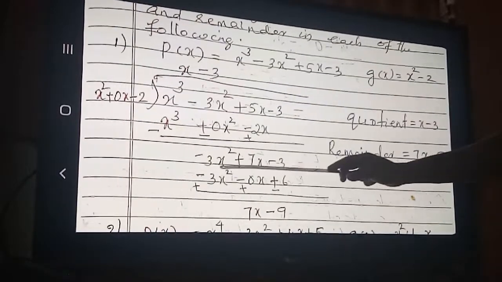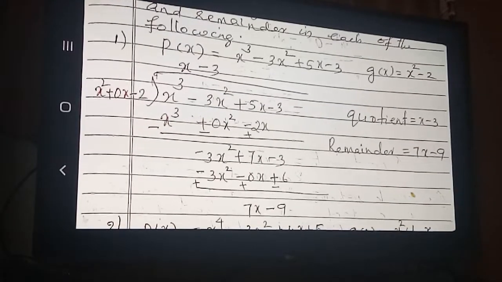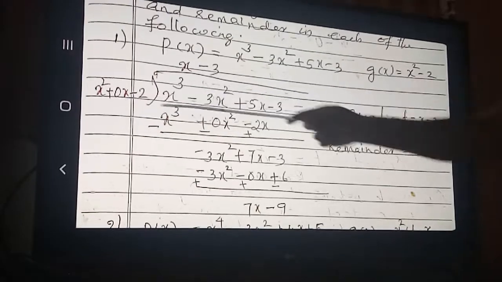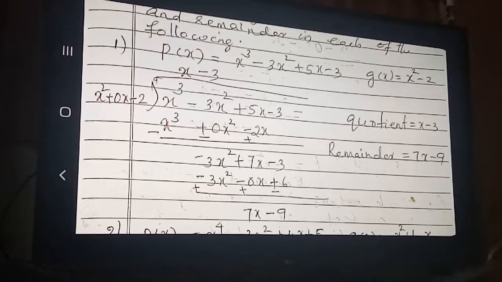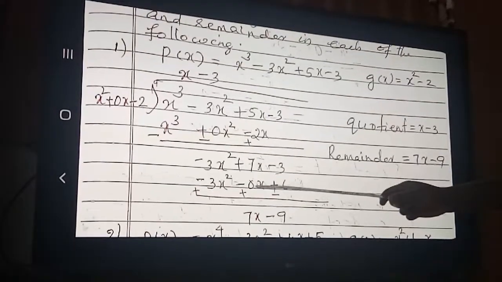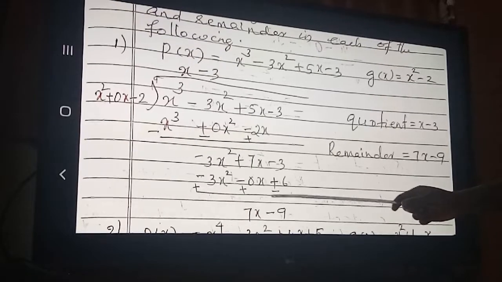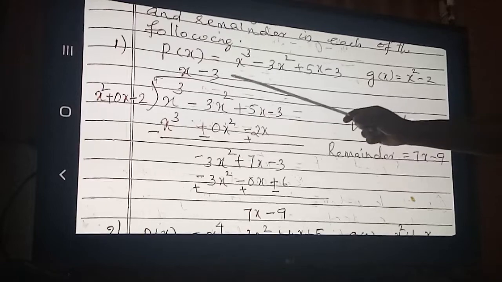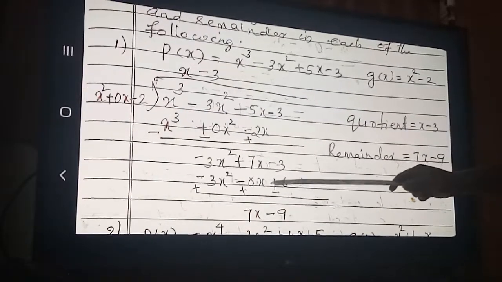So here minus 3x square by x square. So how much is coming? Minus 3. So minus 3 I written here. This minus 3 multiply by these all the terms and write here. Minus 3 into x square, minus 3x square, minus 3 into 0x, 0x, minus 0x or plus 0x write, no problem for writing minus or plus 0. Minus 3 into minus 3. Here 1 minus, here 1 minus. So it will become plus 6.